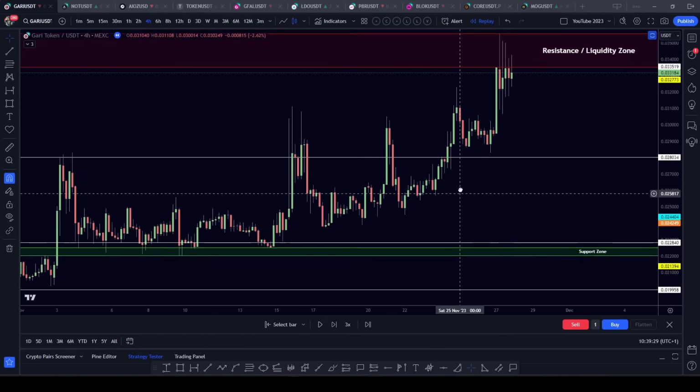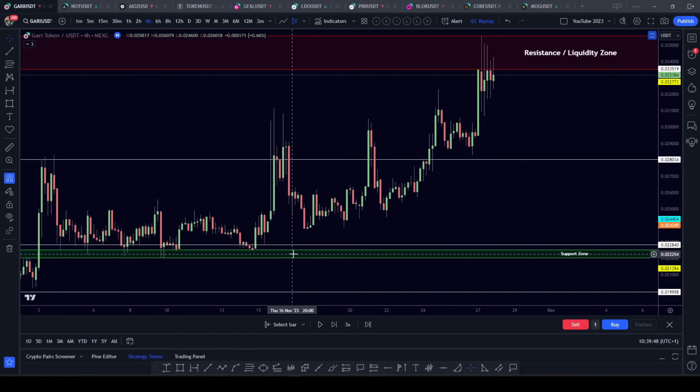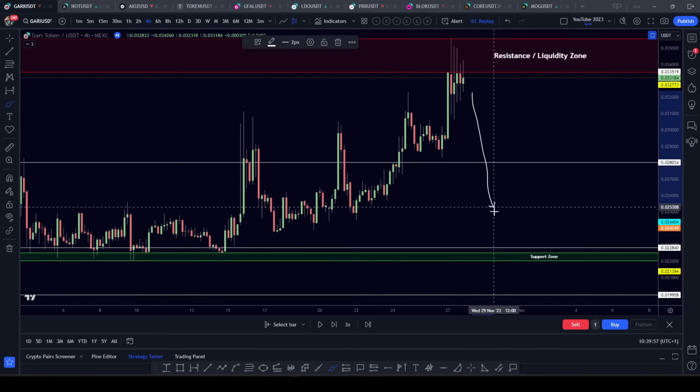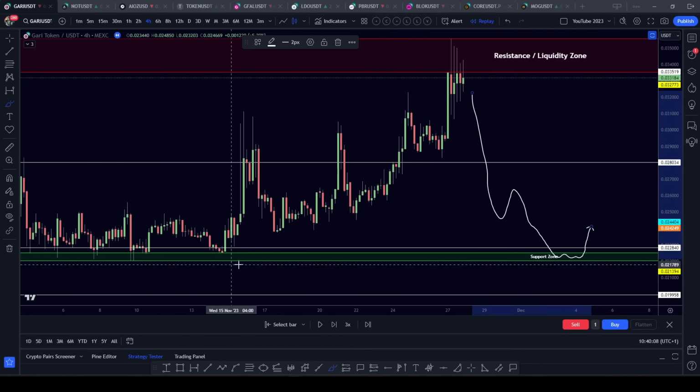Now, the same can be said for the bottom. This would be a support zone or another area for a liquidity grab. This means there are potential buy orders sitting right here, so that if the price were to come down, we have a higher probability that it may come down and revisit this zone to fill up some more of the buy orders that may be sitting in this area.